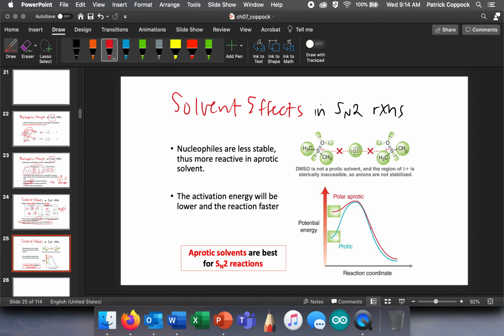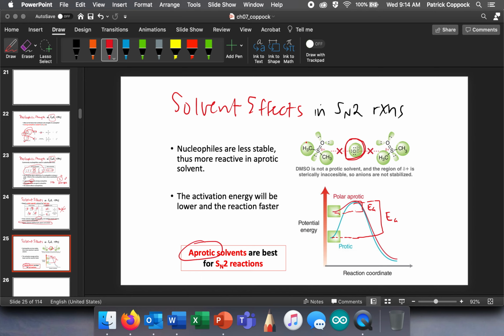What is the activation energy here for the blue reaction? Right? There's the activation energy. Where's the activation energy for the red? Right? There's another activation energy, right? And here's the reason why. With polar aprotic solvents, the nucleophile, look at there's the nucleophile, is not hydrogen bonded to anything or doesn't have the capability of really strong dipole interactions. So since it's aprotic,